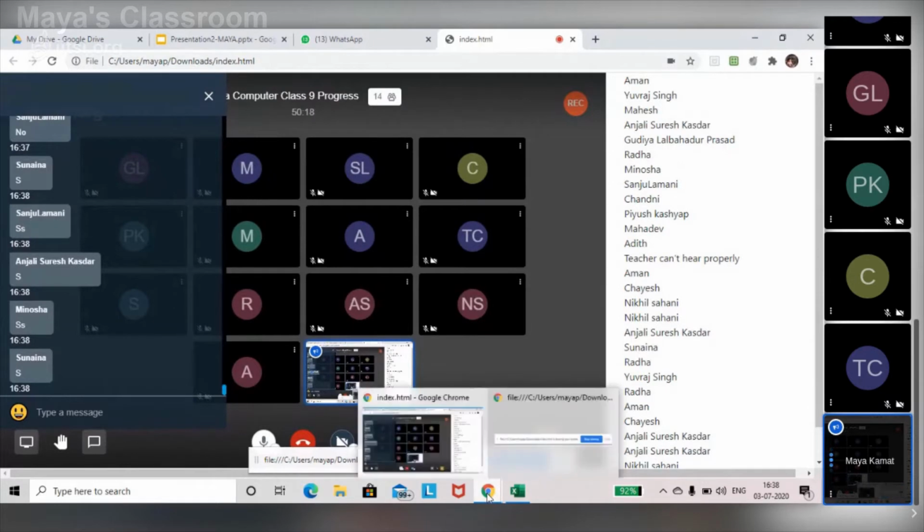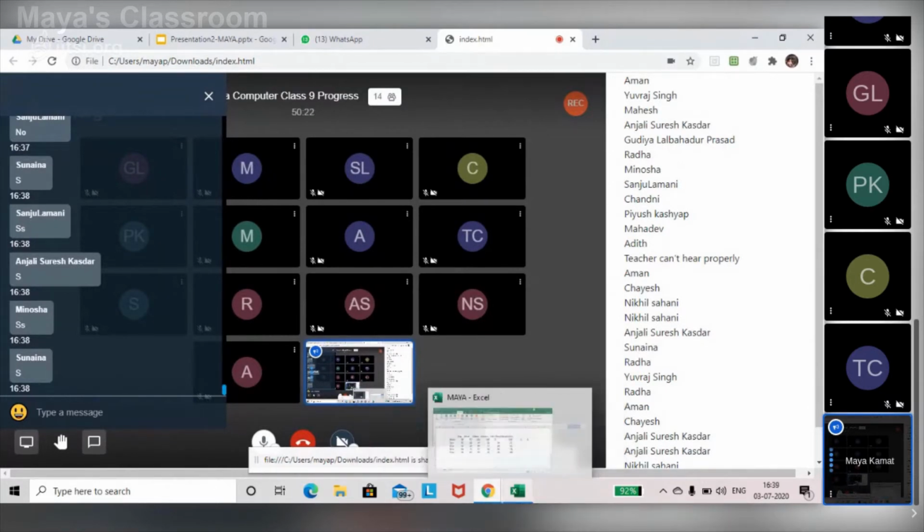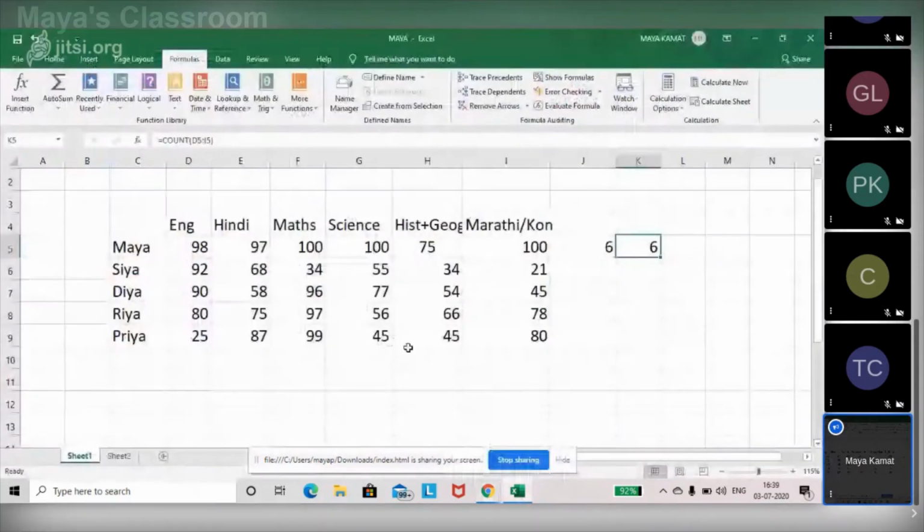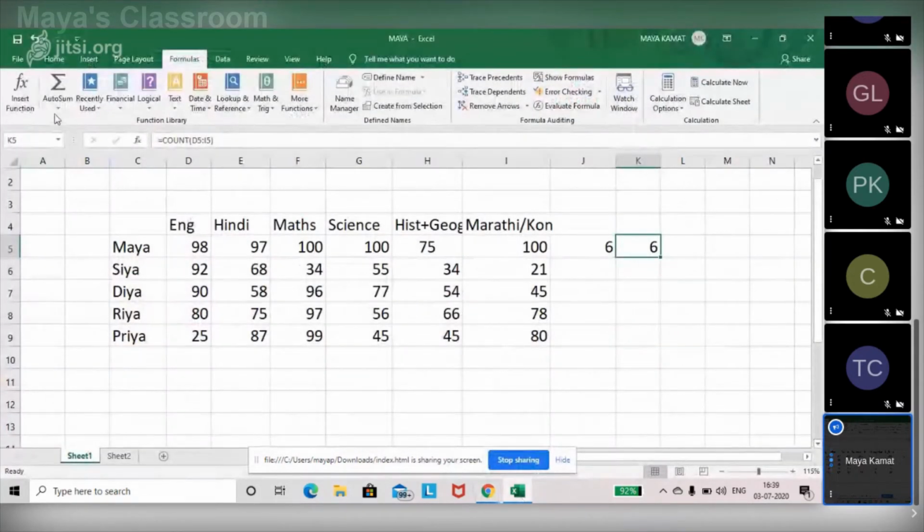So that completes the Excel formulas in your syllabus. Are you all clear with all the formulas that were taught? Sum, average, count, max, and mean, and apart from that, count A. So 6 formulas have been taught.